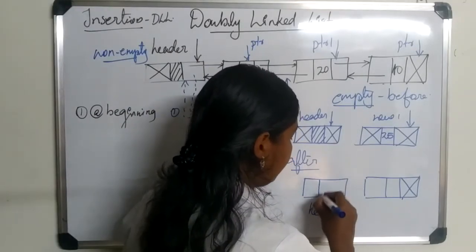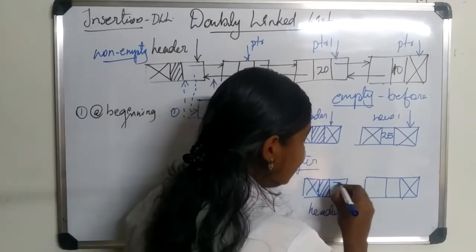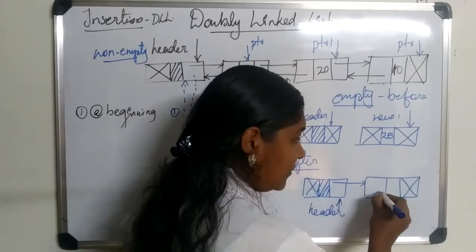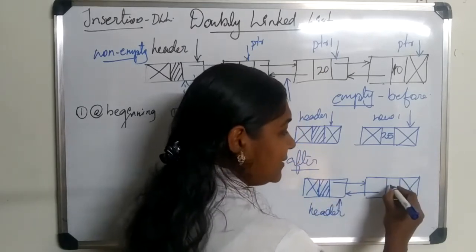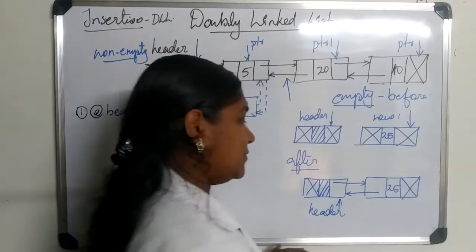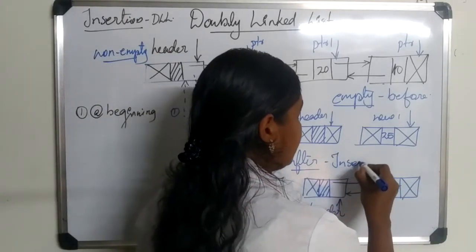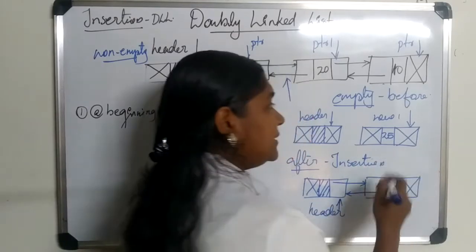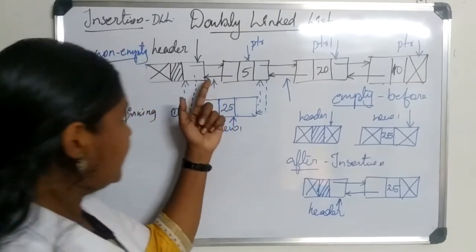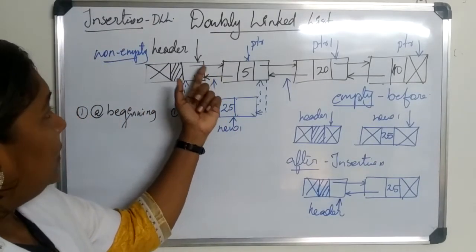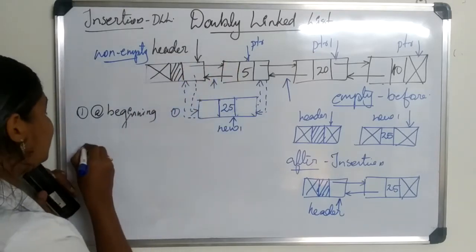Header. So the previous link is null, but the next link is set to our new node, and the previous link of our new node is set to header, then 25. So this is after insertion. So before and after insertion, case of an empty linked list, and this is before insertion in a non-empty linked list, and